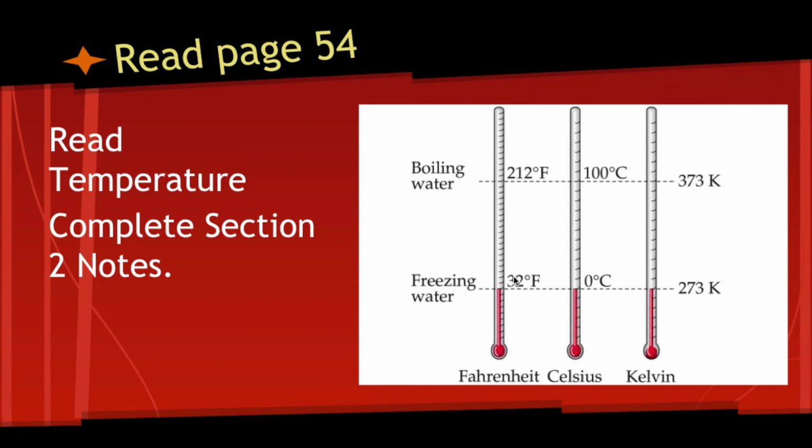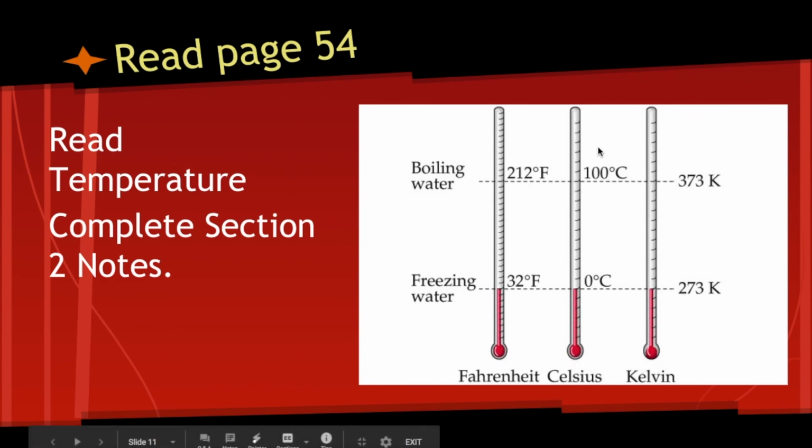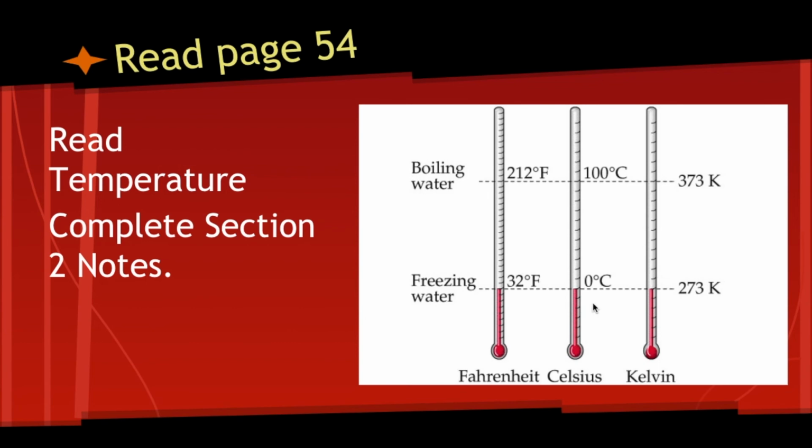We know that water freezes at 32 degrees. We know that water boils at 212 degrees. Those same marks can be seen here in terms of Celsius and Kelvin, which are probably most accepted in the scientific community. Celsius at 0 is our freezing point, and at 100 degrees is our boiling water. You notice that there's a bigger difference between these. There's 100 degrees between the Celsius points, and between 32 and 212